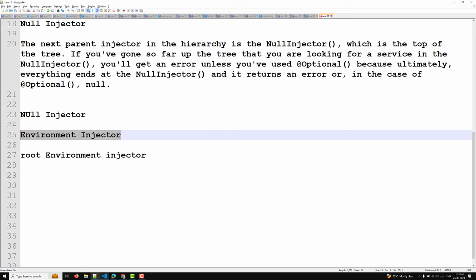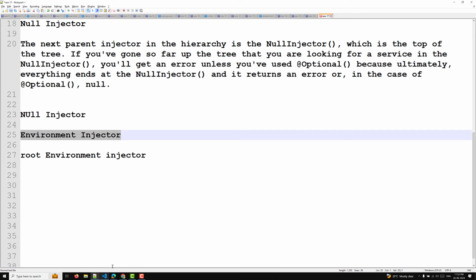Another thing I want to explain is injectable versus application config. If you configure an app-wide provider in the application config of bootstrap application, it overrides the one configured for root in the injectable metadata. You can do this by configuring a non-default provider like this. So for example, let's say